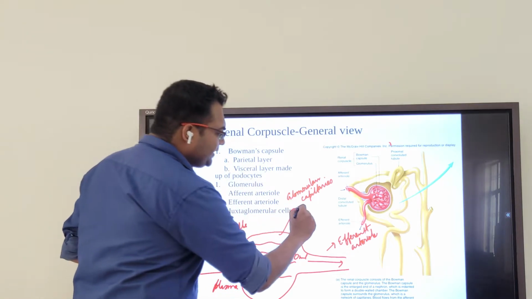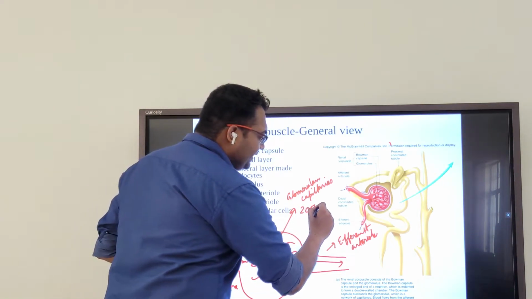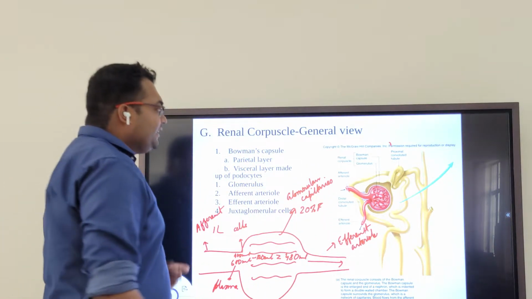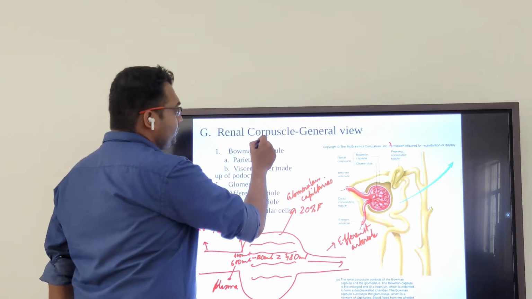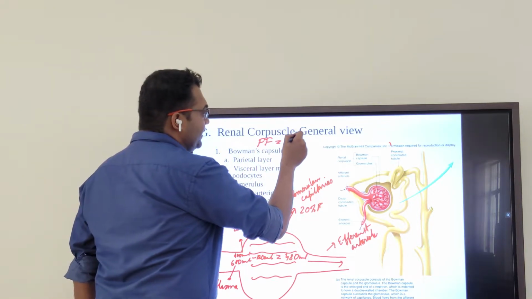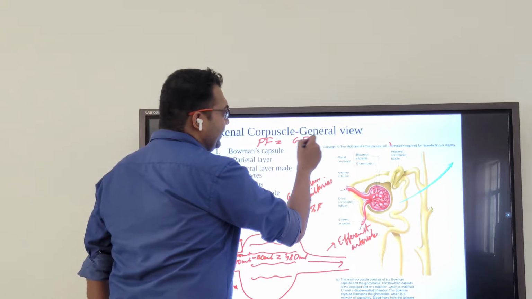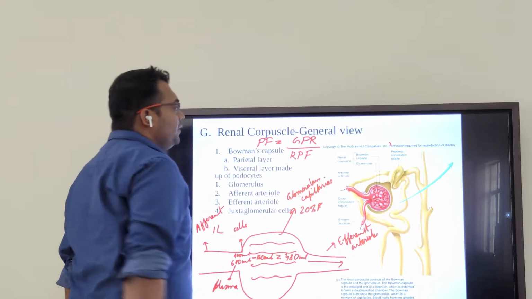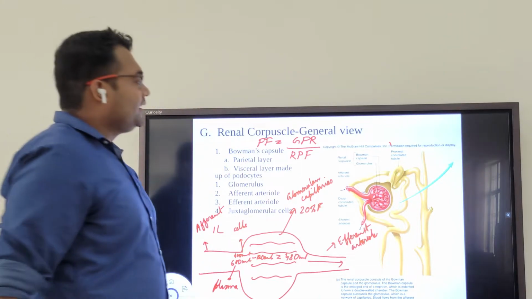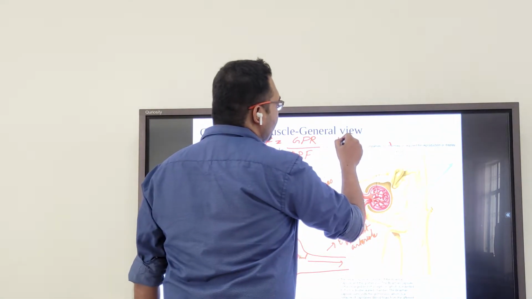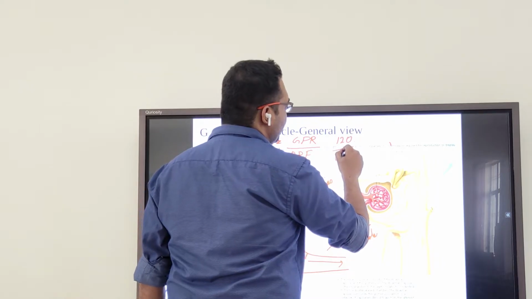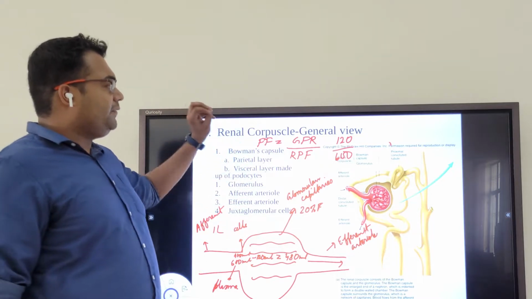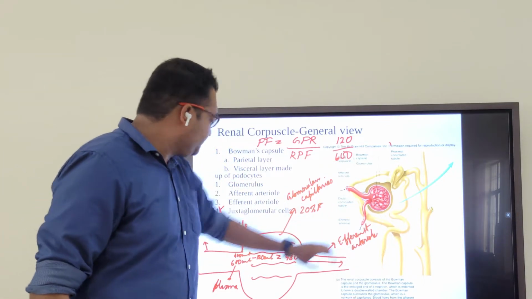So only 20% is filtered. The filtration fraction is 20%. So I can say filtration fraction, FF, is glomerular filtration rate upon renal plasma flow. You can say like that. Then glomerular filtration rate 120 upon, you can say, 600. So like that, you can definitely find out the value. Now,